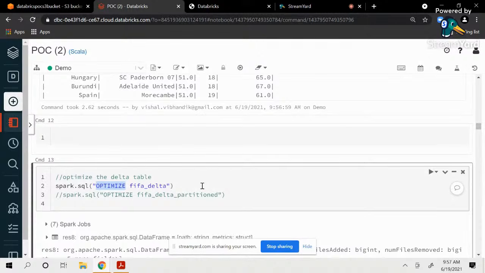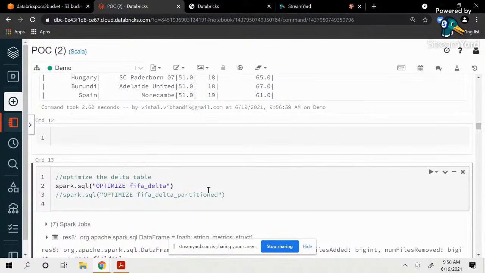But an issue that comes with this is sometimes you may have stuck production jobs because some files were not written properly, or when you're trying to read the files, some files got corrupted, and so on. As well, if you have a large number of files under a table, then of course the IO will be much slower. So to alleviate these kinds of issues, they came up with a command called optimize, wherein all